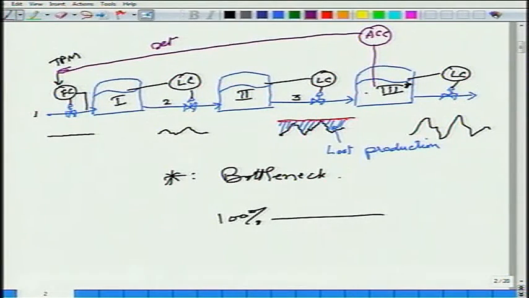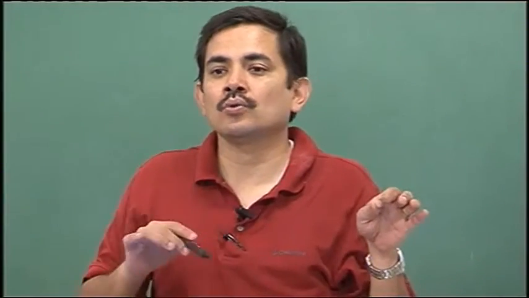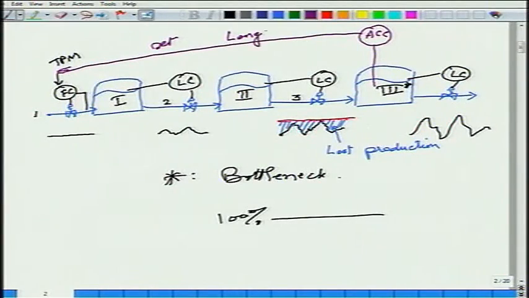If I automate it by putting in a controller, do you think this controller will be able to do a good job? How fast would the dynamics of this loop be? If I change the throughput manipulator, unit 1 will respond, it will take its own sweet time to respond. Then the flow to unit 2 will change, unit 2 will take its own sweet time to respond. Finally, the flow to unit 3 will increase, right? There is a large lag. Dynamics is slow. If the dynamics is slow, you can't control too tightly, right? So this is called a long loop. It's a long loop.